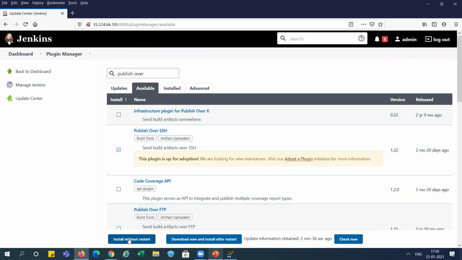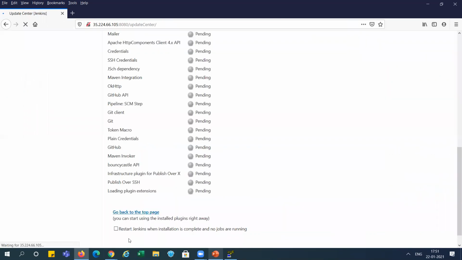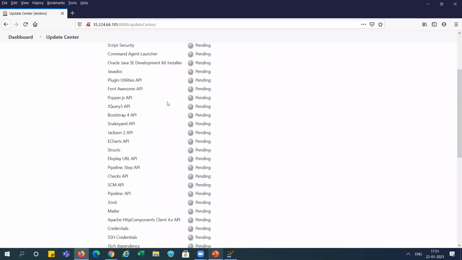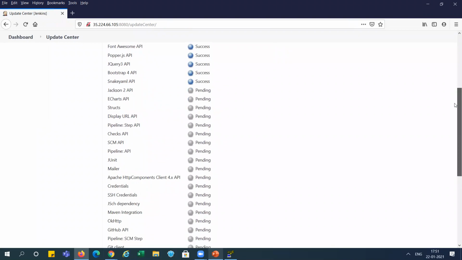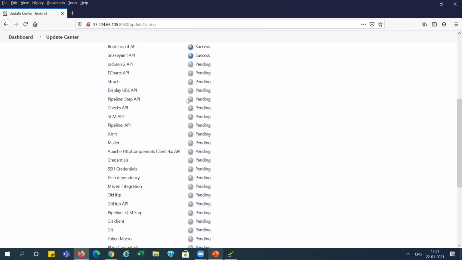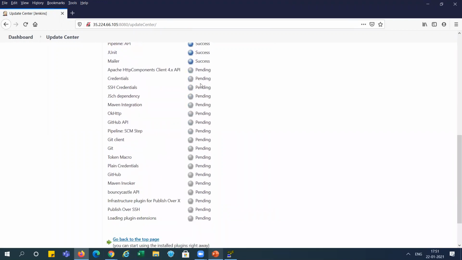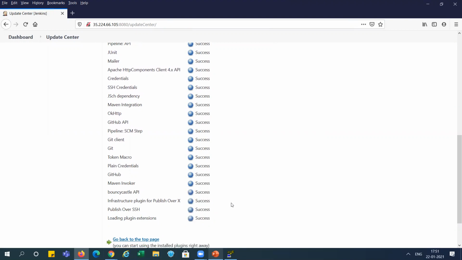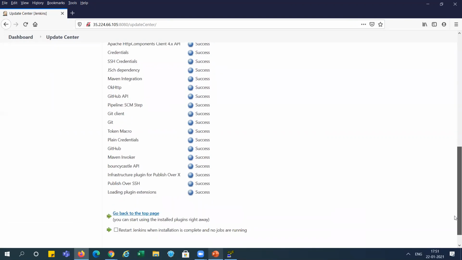Right now, we need to install without restart, right? So it will call other dependency plugins, and it will take a few seconds to install all those things. You can see. It is installed successfully, right?